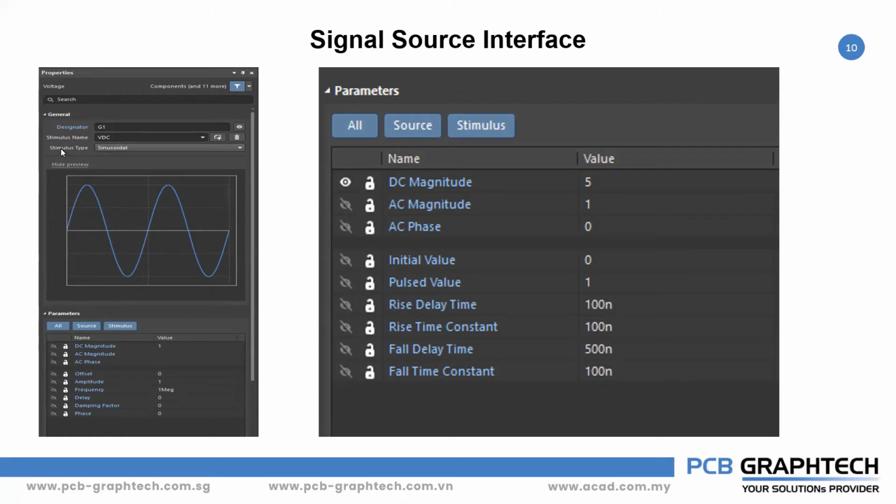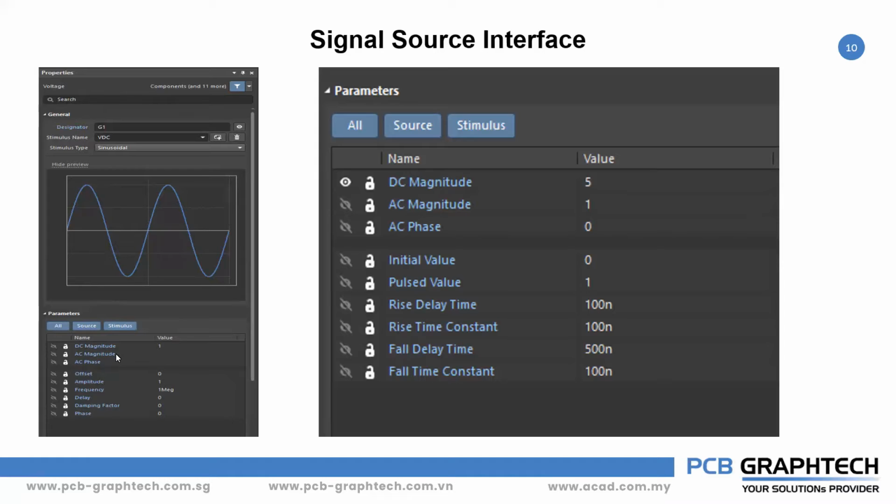Okay, followed by you can see the stimulus type. What type of stimulus are we going to use? A sinusoidal signal, that is, the input signal is a sinusoidal signal or a DC source or an exponential signal, whatever it can be. PSpice linear signal, so any signal, the pulse signal, all these. But please remember, whatever signal we give as an input, the parameters will be based on that input.